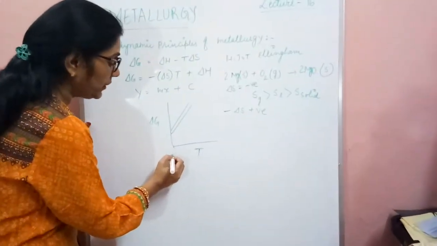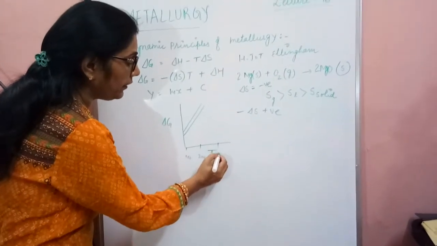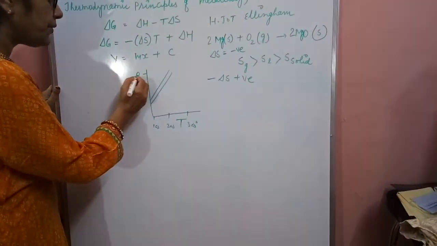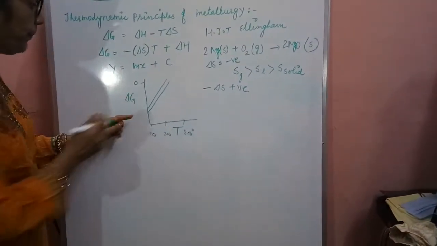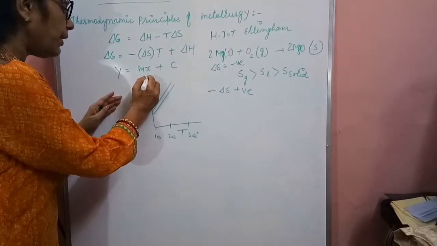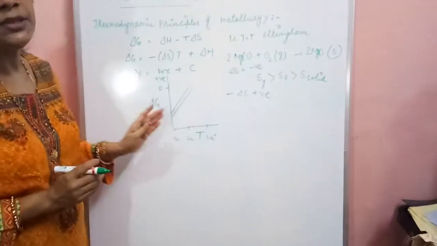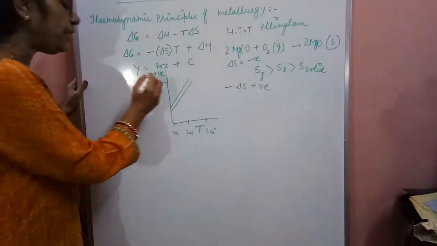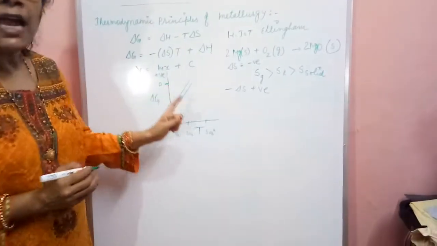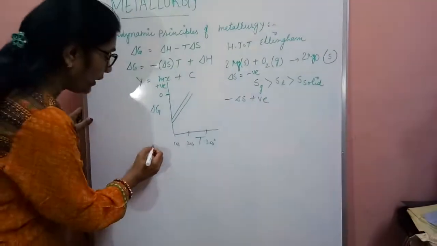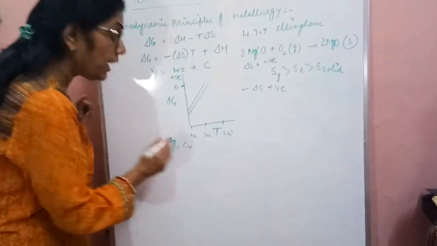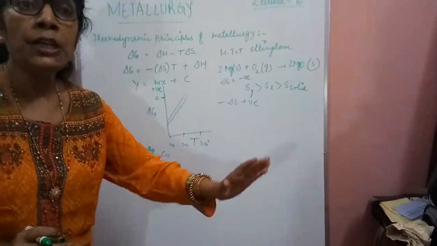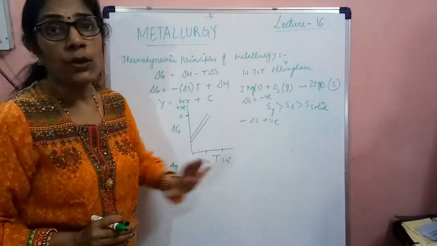Now suppose here temperature 100 degree, 200, 300 and so on, and here comes out to be delta G. A point reaches where delta G becomes 0. And above that there will be positive value of delta G. So with increase in temperature, delta G goes on increasing. So when delta G is equal to 0, then the reaction proceeds through equilibrium. As for example, silver and copper. And therefore, their oxides, they do not require even any reducing agent, and rather they decompose on their own.